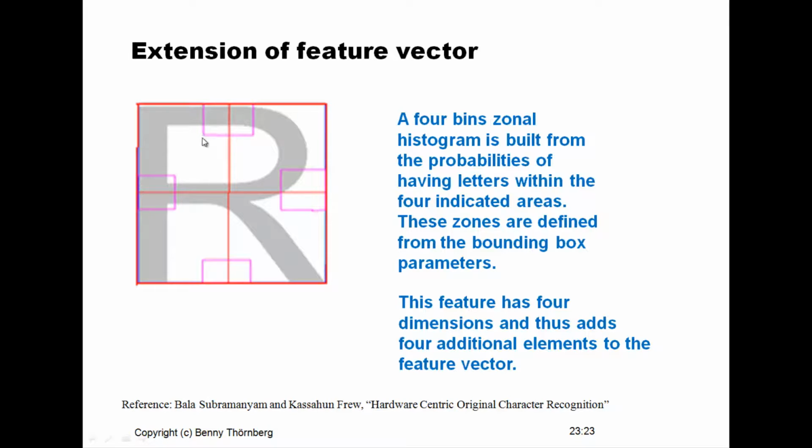And then based on this information we get a good feeling. It adds on a good feeling for the geometrical property of a letter. And it adds 4 additional features here for this zonal histogram. And we added 2 more features from the displacement vectors of the eccentricity. So altogether we have now added 6 more features to the